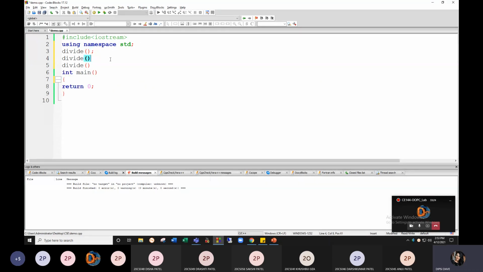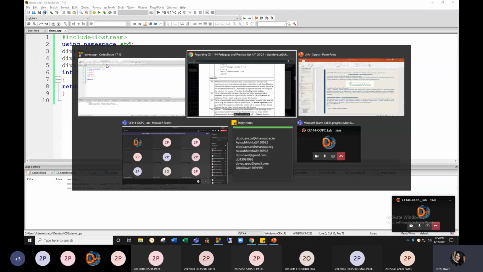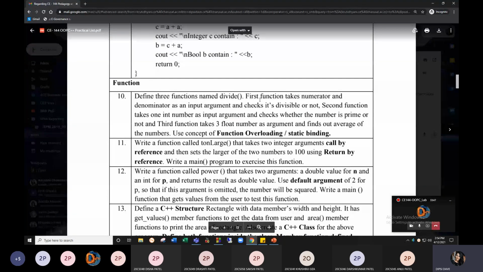Okay, I told you in one lecture that in C++ polymorphism is allowed. That means in the same program more than one function with the same name can be allowed. So let's see, 3 divide functions we have to do.